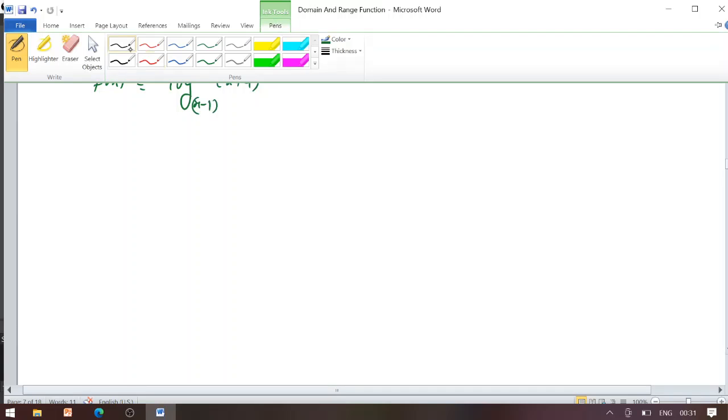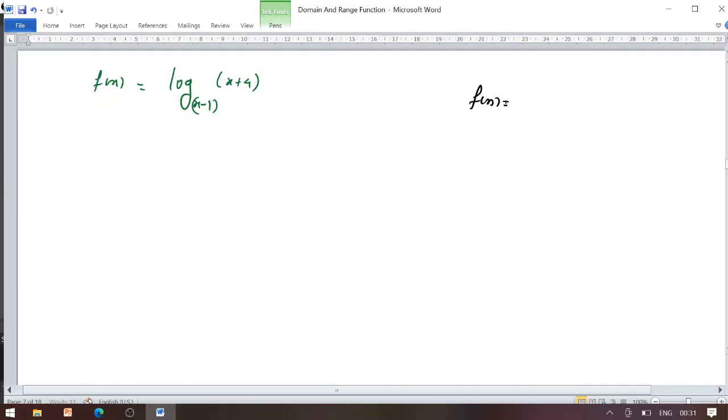So as per the standard logarithmic function, once we have f of x equals log of x to the base a, we have a certain condition on the base of the given logarithm and the value of the function under logarithm. That means for the base, a is always greater than 0 and not equal to 1, and for the function under logarithm we have x strictly greater than 0. So the same case we have to follow here.